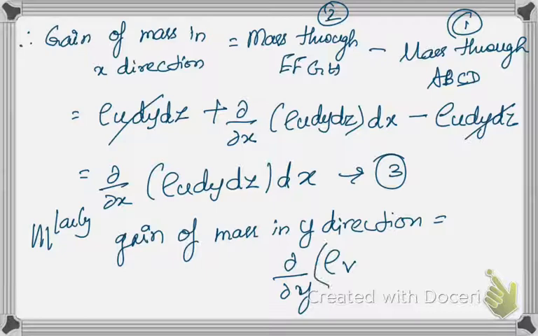Rho, instead of u I am writing v because this is in y direction. Rho v dx dz into dy. This is equation number 4. And gain of mass in z direction is equal to